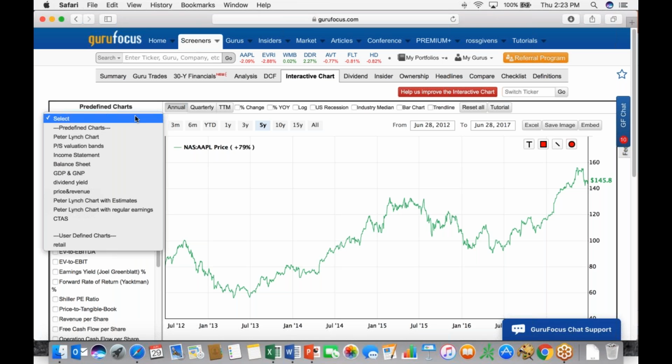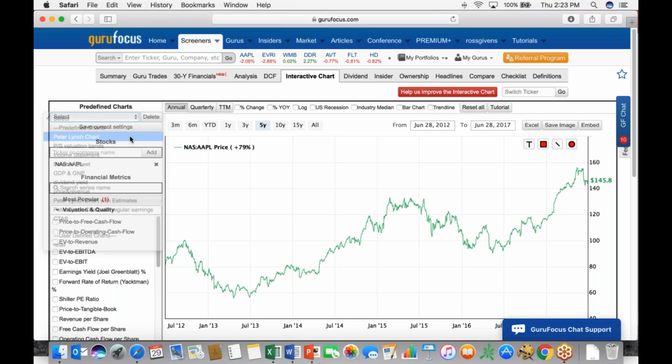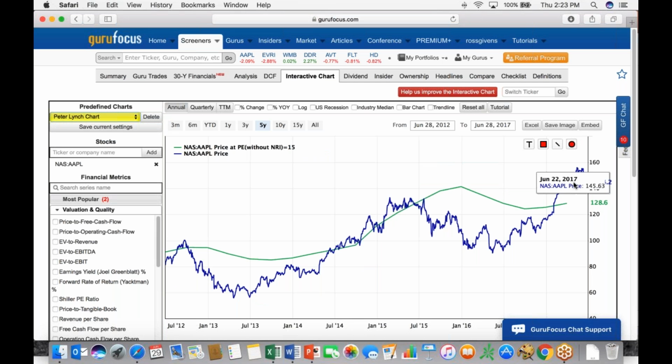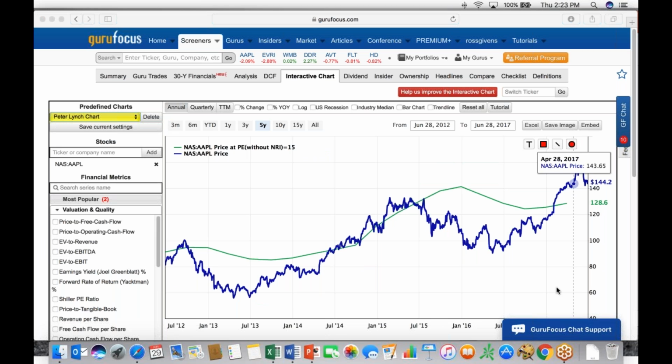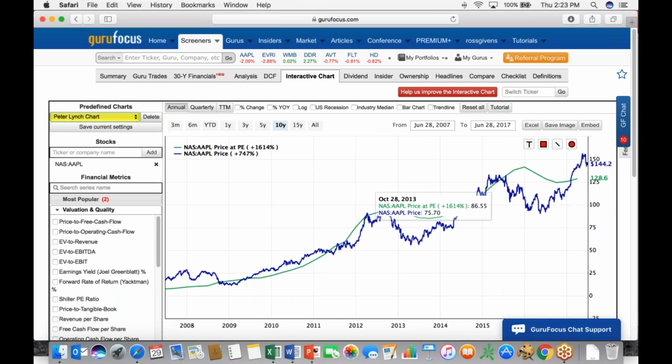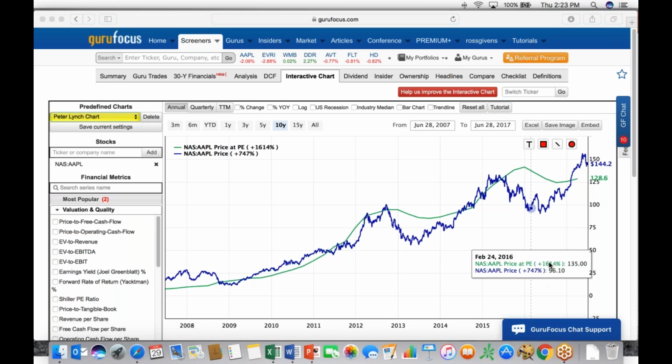Let's look at a couple of the options here. These tend to be the most popular based on how we see the site being used. First, the Peter Lynch chart. This is obviously very famous. It plots a theoretical price line at a 15 PE, so 15 times earnings. Lynch, back in the 80s when he was running the Magellan Fund, would simply look for quality blue chip stocks. If they're trading well below their earnings line, he'd look at a buy. If they're trading well above it,